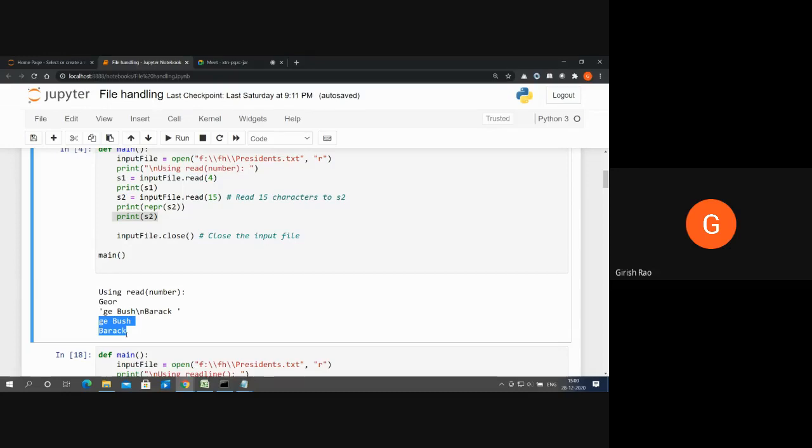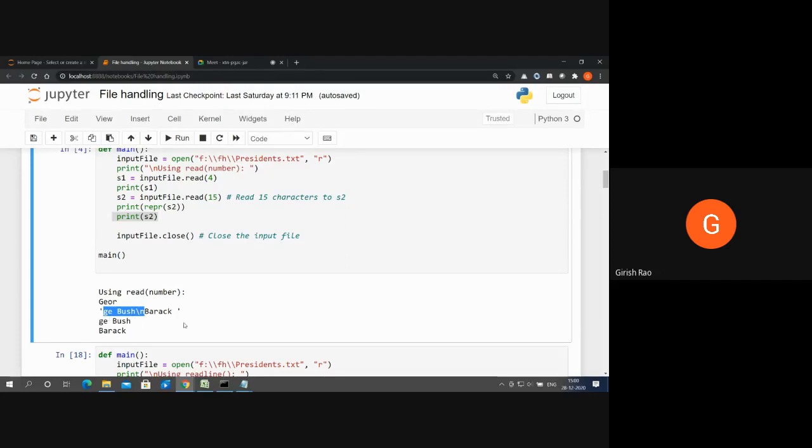Clear? Understood? Now, what does print repr mean? From this location, that is after R, read everything as it is. That means if there is a backslash t, display backslash t. If there is a backslash n, display backslash n. It won't interpret that backslash n. It will keep the cursor on the same line and keep on reading.